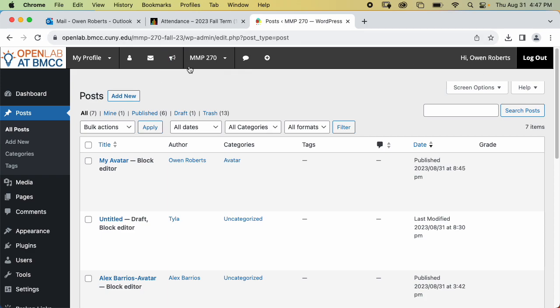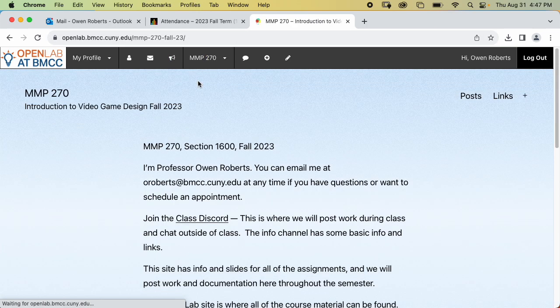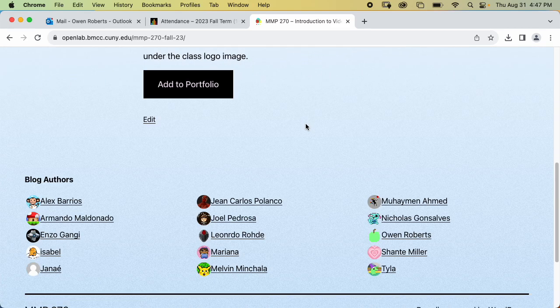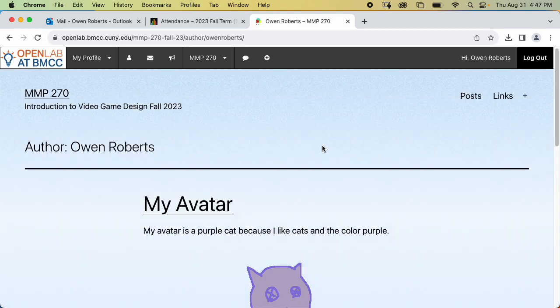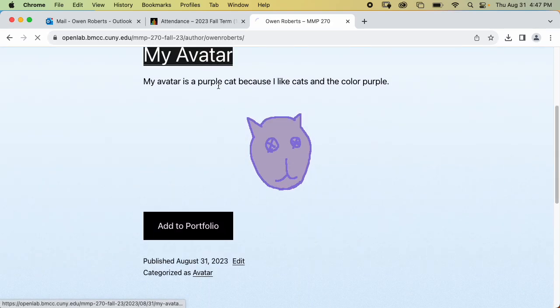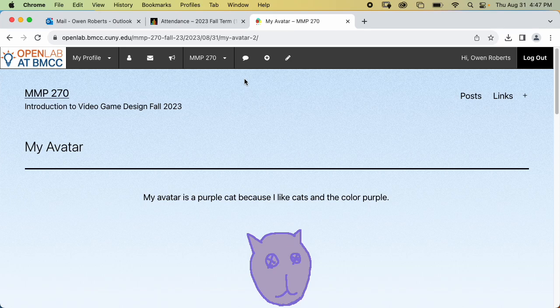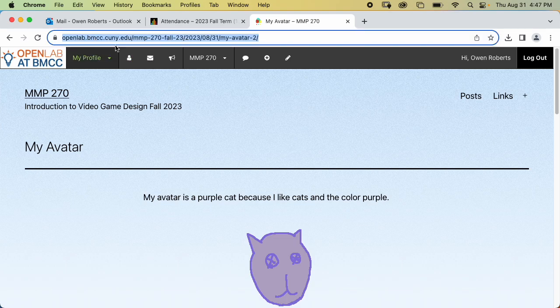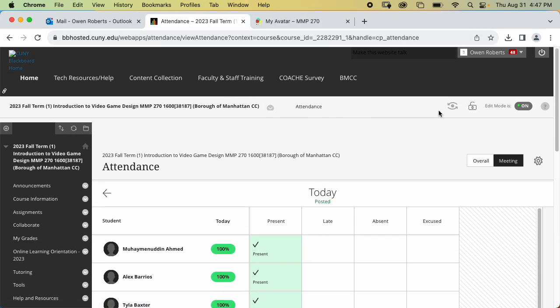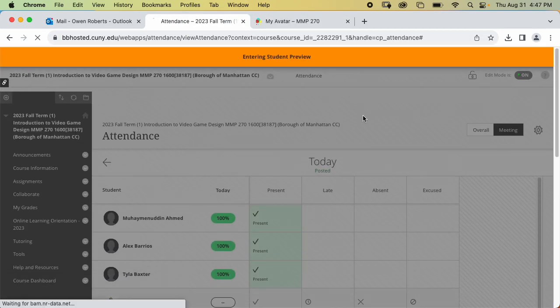Okay, so let's go back. And so now I have this post. I'm going to go find it again. And so what you want to submit for the assignment, it's not the end of the world if you don't do this exactly right, but what you want to submit for the assignment is just the link to this post. So up here in the browser bar, I can copy this, or I can hit Command C, and I can go back to Blackboard, and I'm going to turn on Student Preview for a second,